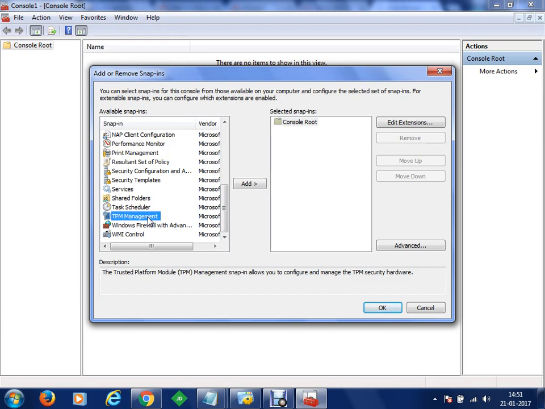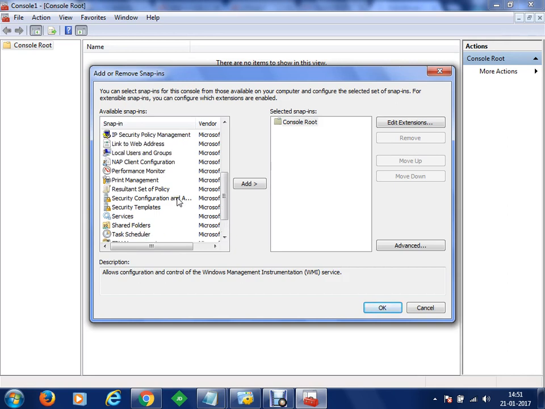You can understand this concept in a little more detail, and a lot of people do research on this trusted platform module. We have also done a research project on this, so we can refer you to that project and you can understand more information about your trusted platform module. Then you can manage Windows Firewall from here. We have Windows Management Instrumentation control from here. It gives you information about the complete system. Okay, so we are going to make use of the facilities which are available here.